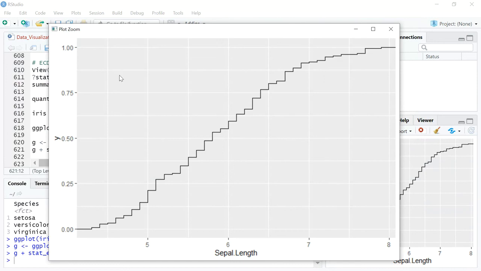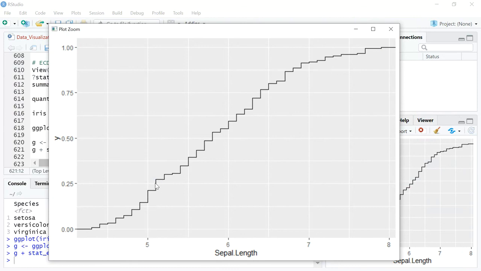So what does this line mean? On the y-axis, you can see the proportion distribution, 0 to 100%, mentioned in decimals. The only thing you need to remember when you read an ECDF graph is that the y-axis is the proportion axis, and the x-axis is the actual observations. Your sepal lengths would vary, from the graph, from 4 to 8, and the way to read the graph is, of all the observations that you currently have, and there are about 150 observations in the iris data set,